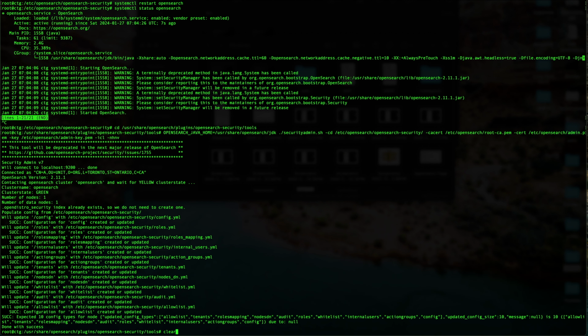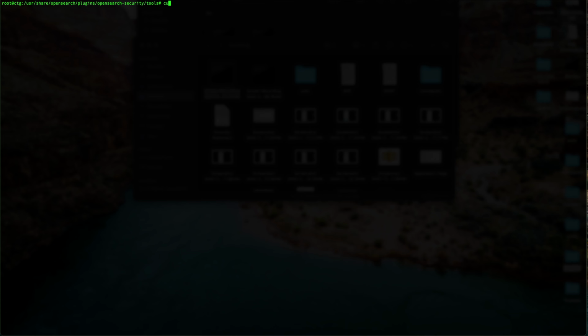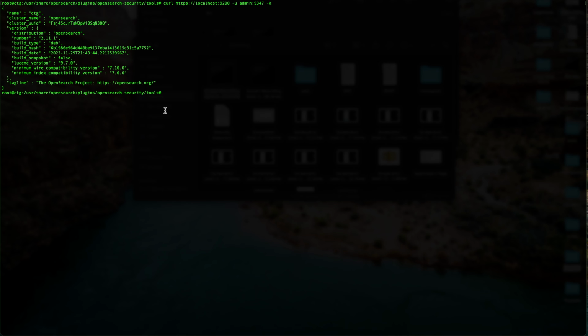Now let's clear this out and try to curl OpenSearch. curl https://localhost:9200 -u admin:password -k. So we can see